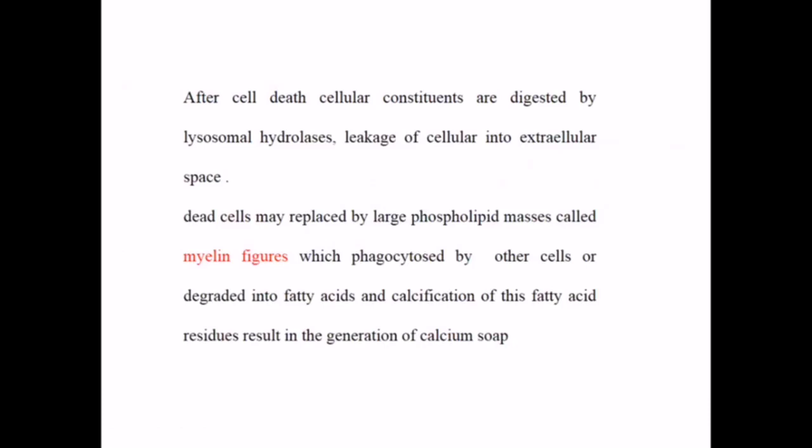So in irreversible injury, after cell death, cellular constituents or components are digested by lysosomal hydrolases, enzymatic digestion of the cellular and extracellular space. The dead cells may be replaced by a large phospholipid mass called myelin figure, which is phagocytosed by other cells or degraded into fatty acids, and calcification of this fatty acid residue results in the generation of calcium salt. So the cell death and then this cell death